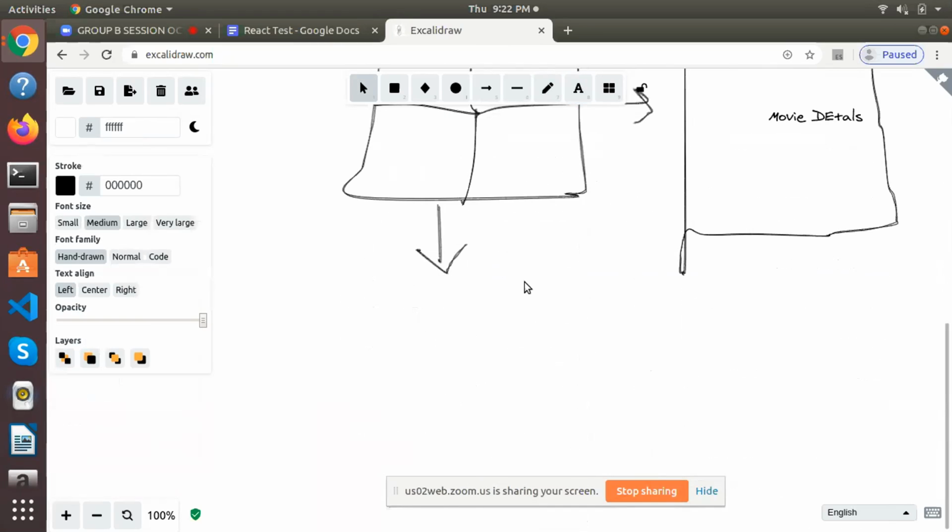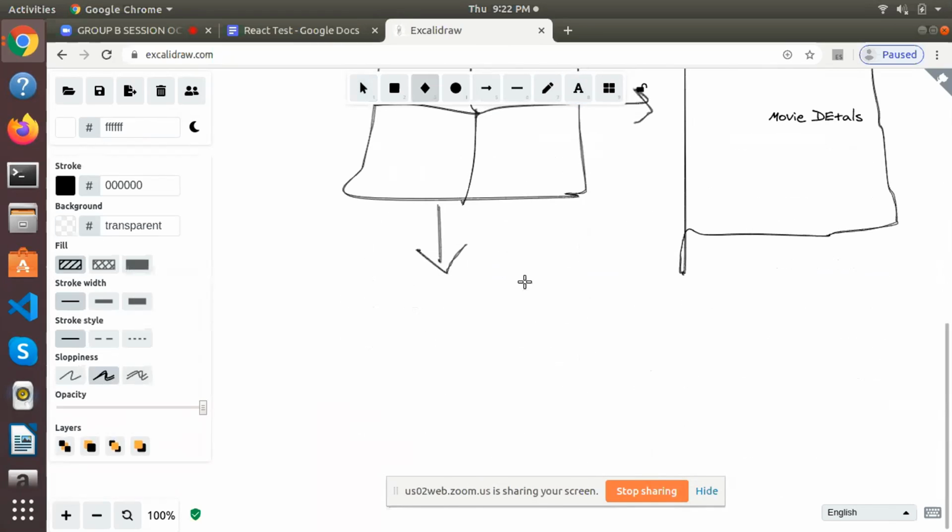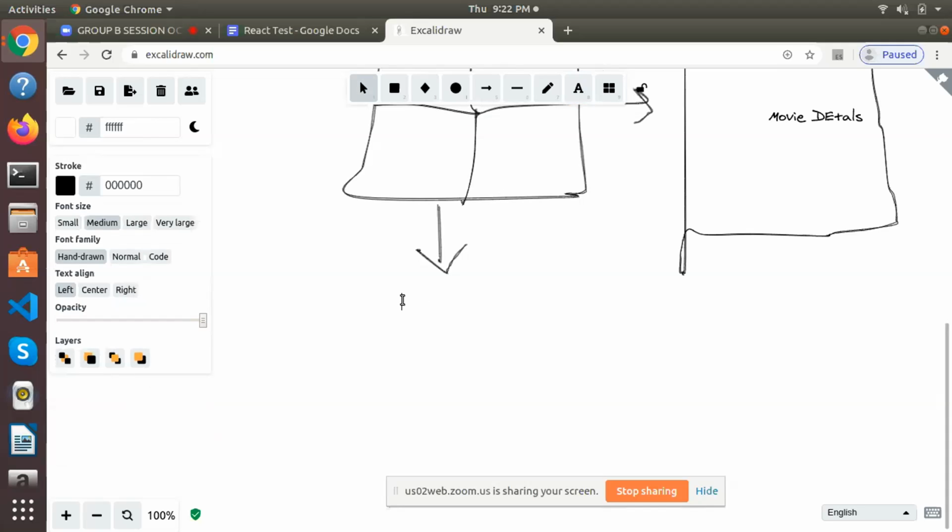So you have to make handle on click, which will toggle the screen or component. Right. So you have to make this onClick, but the trickiest part that you have to think about here